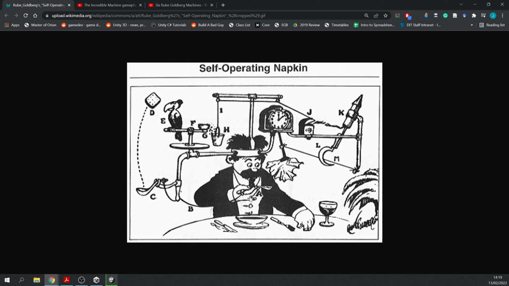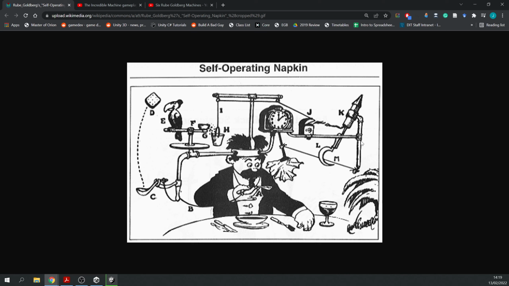So what's happening here is this guy's going to take a spoon of his soup. It's going to pull on this, which is going to make this spoon flip this onto the bird. That's going to make this thing fall into the bucket, which then is going to pull this chain, which is going to light this lighter, which is going to set off this firework, which is going to cut this rope here, which then is going to make this napkin underneath this clock basically wipe this guy's mouth. So that's the idea behind it, that they're these kind of ludicrous contraptions,